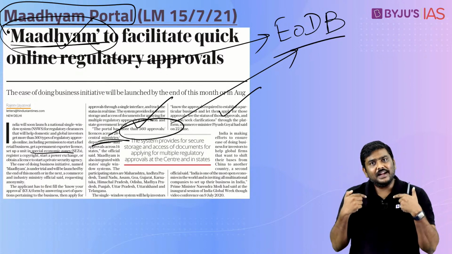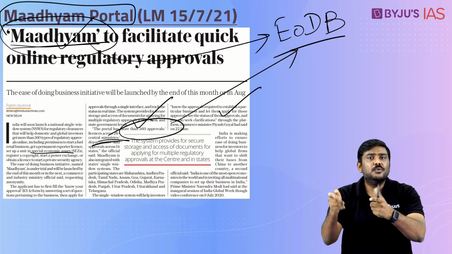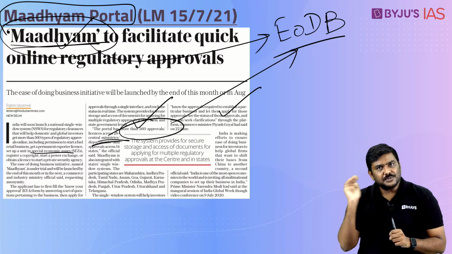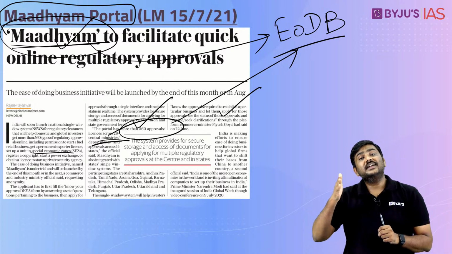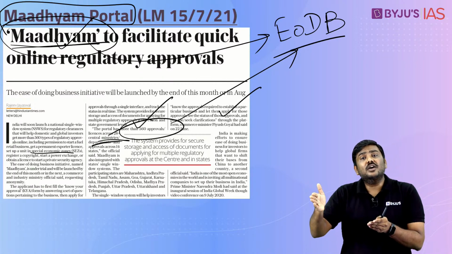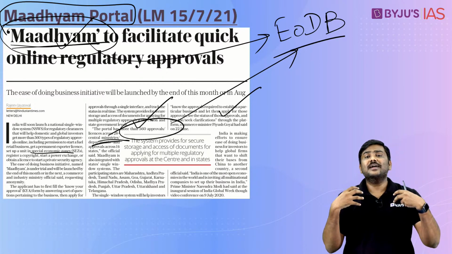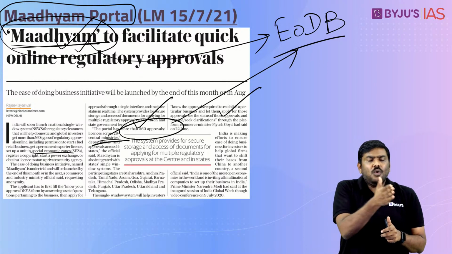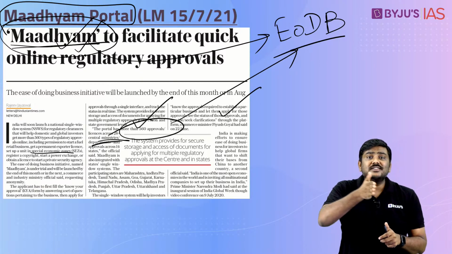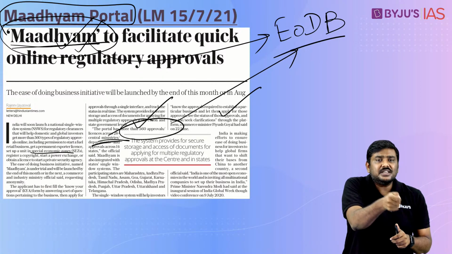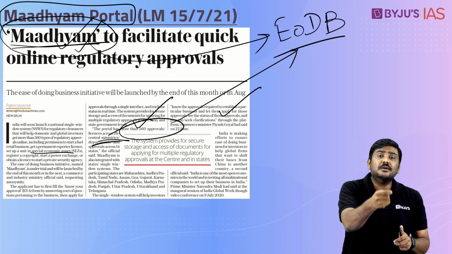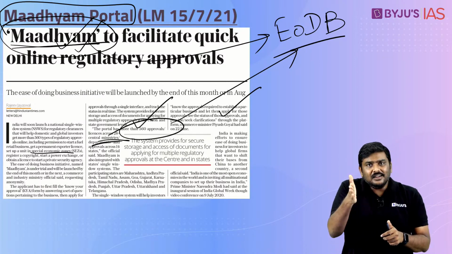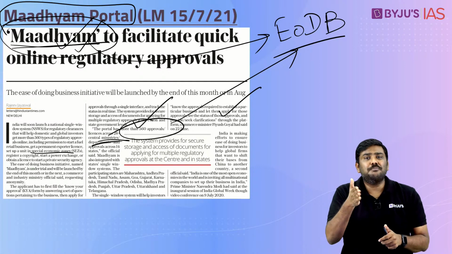So based on that, they can apply for these particular approvals through the portal. Next point, the portal also provides real-time monitoring of their applications. That is, if I am one of the investors and I have applied through this particular portal, what has happened, which ministry has given the approval, which ministry is withholding the approval, which department has given the approval. In real time, I can monitor my application.